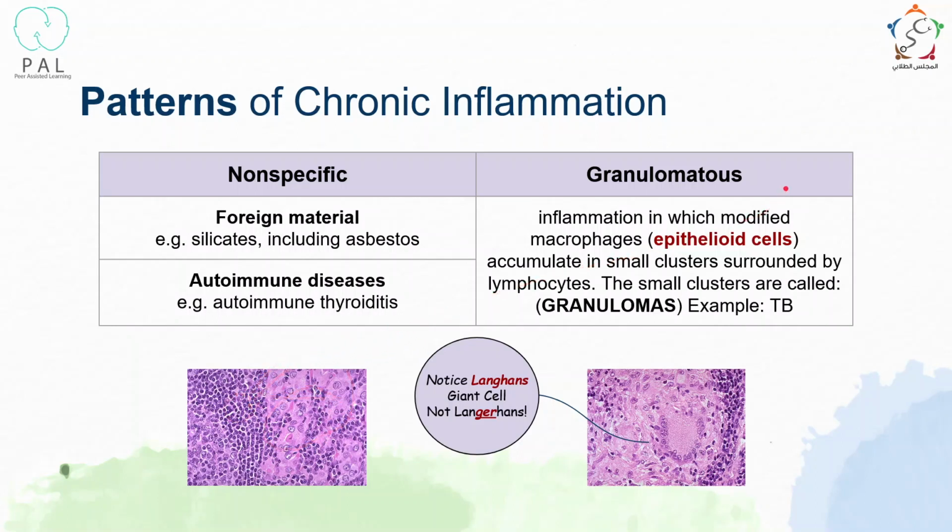A granulomatous inflammation is one in which modified macrophages called epithelioid cells accumulate in clusters and surround lymphocytes. Why do they surround lymphocytes? Because lymphocytes are what activate macrophages, if you remember what we mentioned before. So a lymphocyte releases interferon gamma that stimulates macrophages. Now, if the inflammation is persistent, if we take the example of TB, where a granuloma is almost always present,